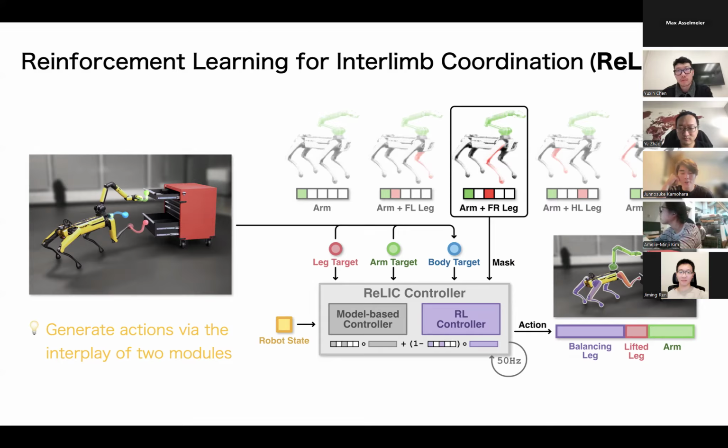I also have questions about model-based control. What kind of model-based control are you using? Are you using the one from the Spot? No, we actually implement our own model-based controller. It's very simple. Basically, we just do trajectory planning. We specify the desired contact point and the current contact point, and we do an interpolation of how the robot is going to move from this point to this point. You solve the inverse kinematics, and then just use PD control for each joint to follow this desired trajectory. Okay. Cool. Thank you.